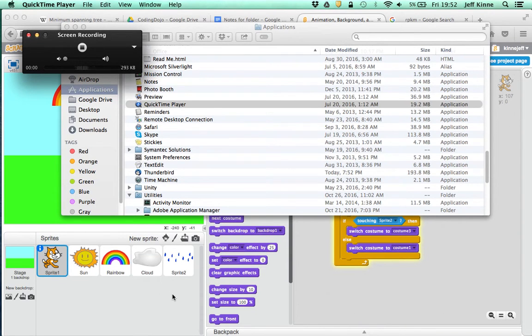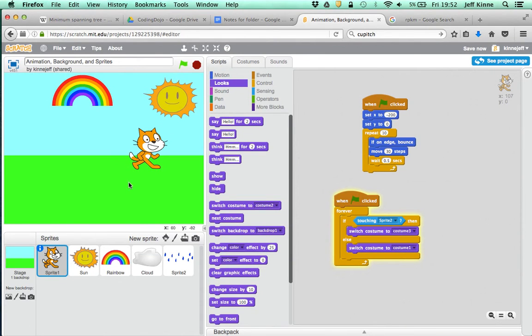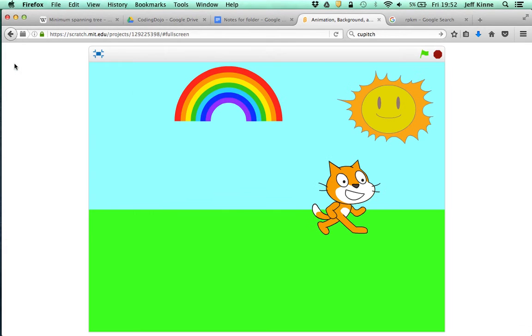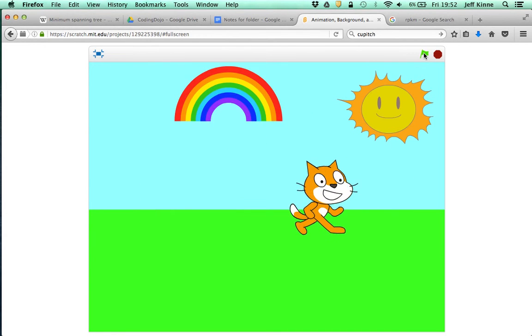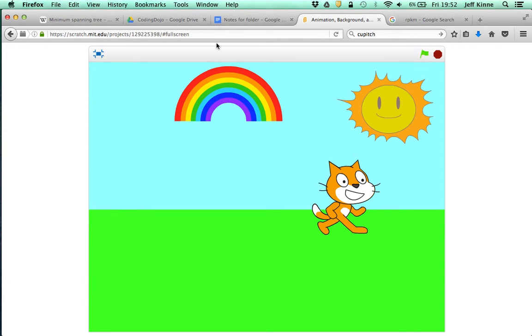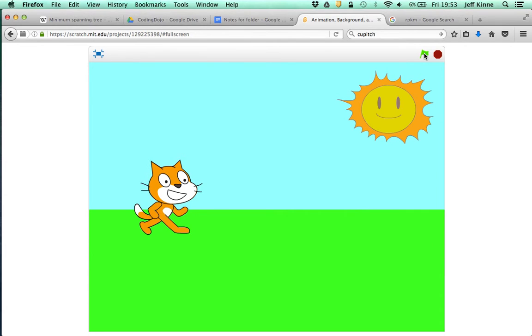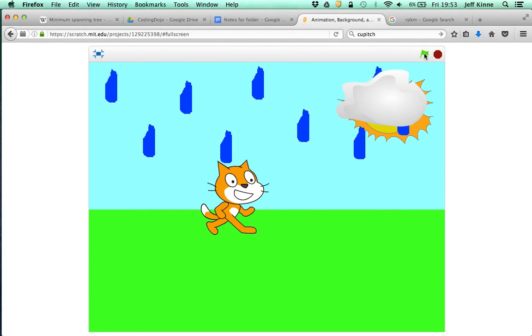Okay, I'm going to show you Scratch. This is a Scratch program. Let's go ahead and see it run. This is an animation. When I click the green flag, that says to start, and there's code in here that